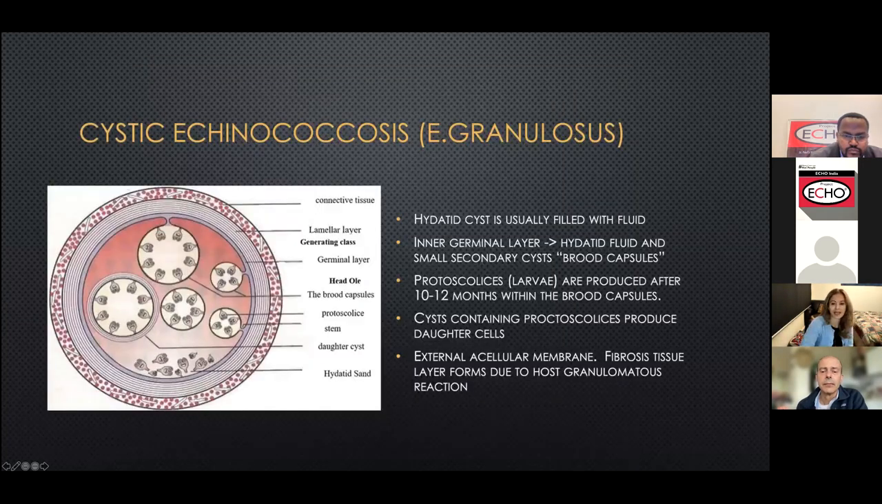So these cysts, okay, so the hydatid cyst is a true cyst. It's got 2 layers. The inner germinal layer is filled with fluid, and the germinal layer creates these hydatid fluids, and also the smaller secondary cysts that are called brood capsules. Great name. So the protoscolices, or the larvae, are produced within about a year within these brood capsules, and these are fertile, so they can spread this way. In addition, there's an external membrane that's acellular, but does stimulate the immune reaction to cause a fibrous layer. And in this way,